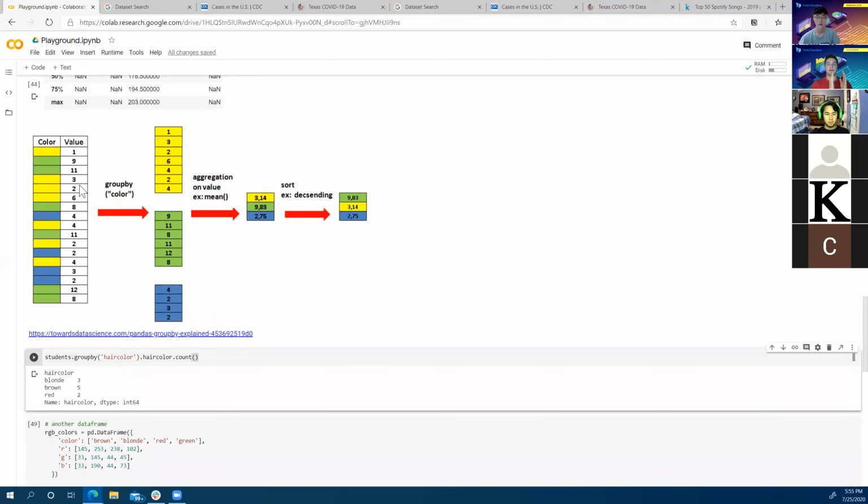It still has a hair color column, so if you say dot hair color, it's all going to be the same hair color, but you're just counting the number of rows there. So that's what it's doing. If I were to call any other column, like weight, it would give me the same thing. Does that answer your question?